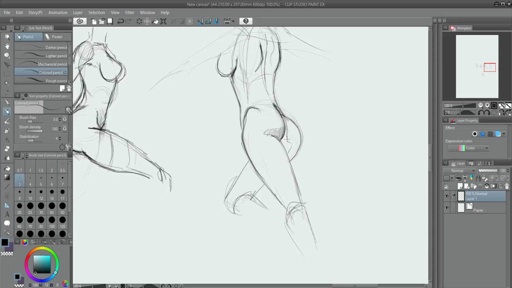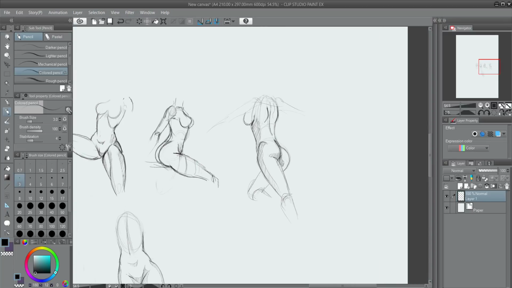So if we just show that a little bit of shadow, the change in plane, this might not be perfect anatomically shadows, but pretty close, I think. You can start to see how those little bits of shadows really make the butt pop out some more, really add a little bit of shape to it.